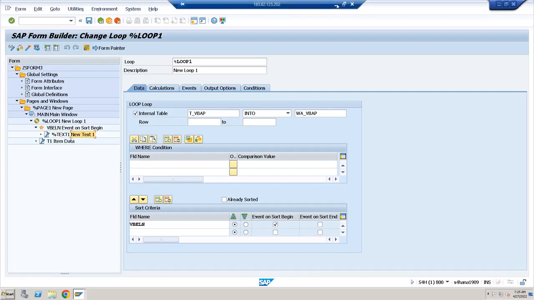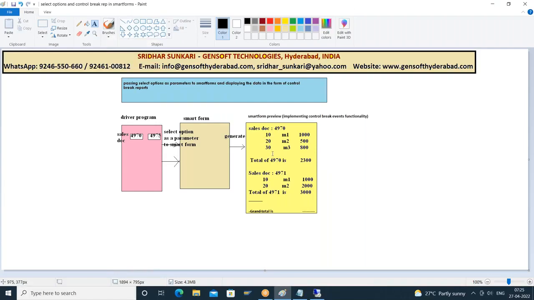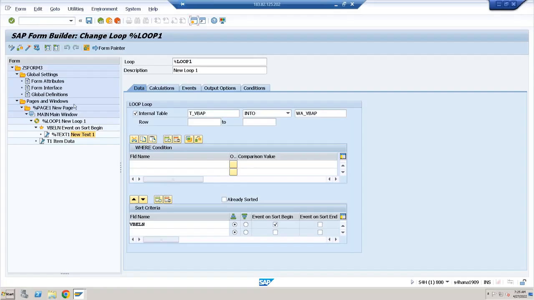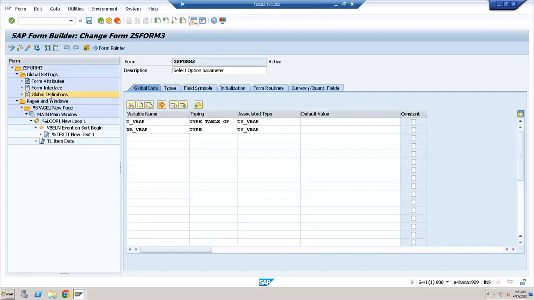Similarly, what is the next requirement? At the end of every sales document, I should do the sum total of these items. Suppose if you take 4970, it has got 3 line items: 1000 plus 500 plus 800, 2300. So I have to do the subtotal of this particular net price. For that, I'll go to global definitions. I'll declare a variable for holding that subtotal. I'll say something like v underscore s total, something